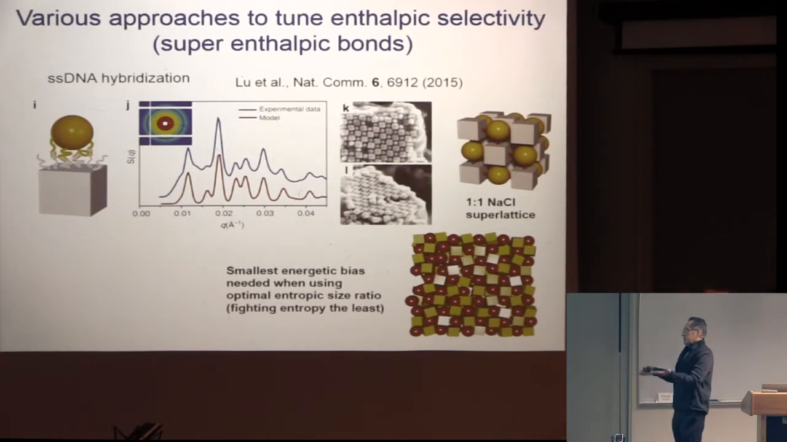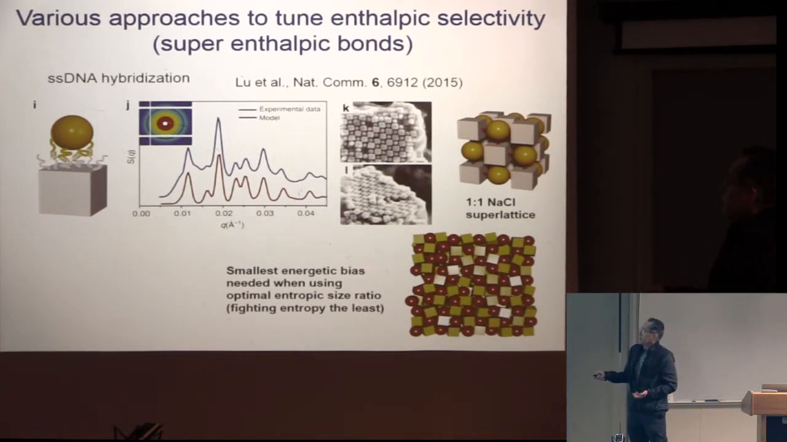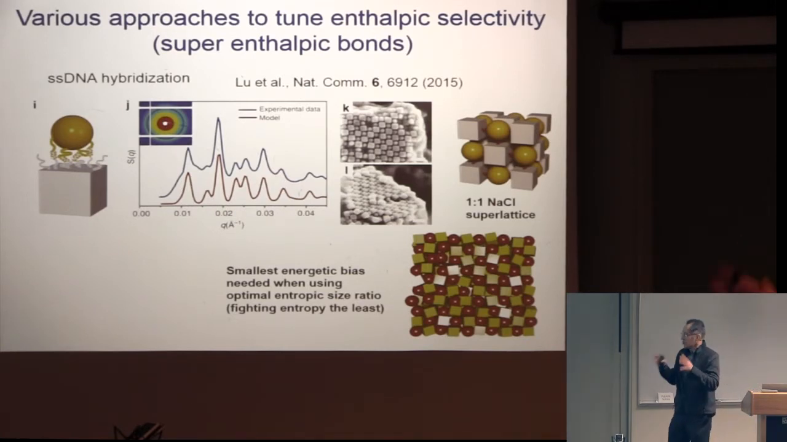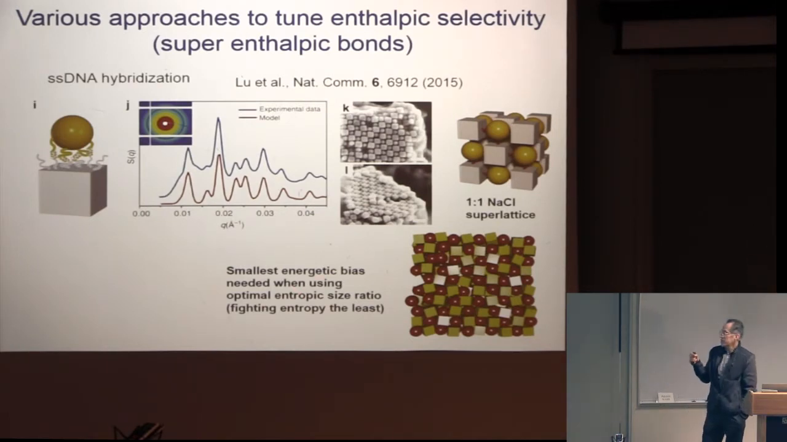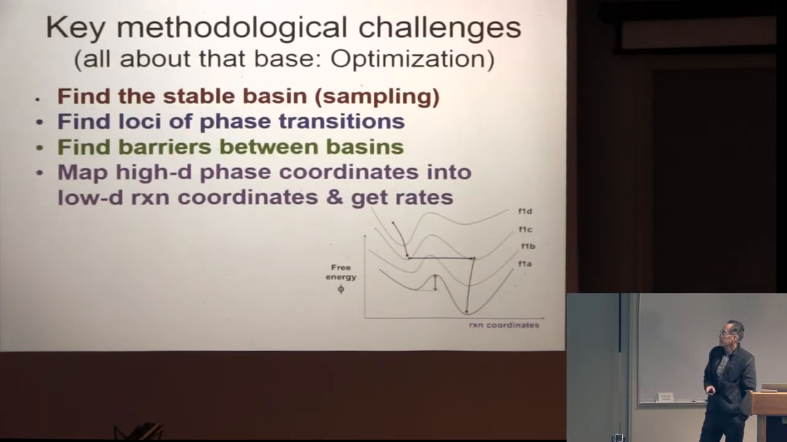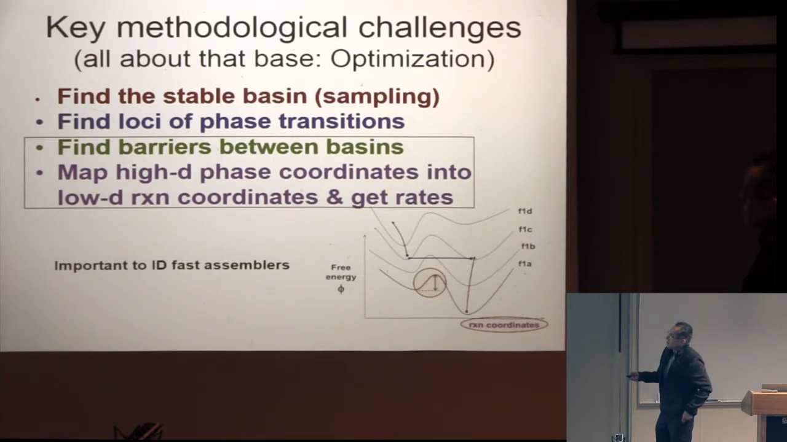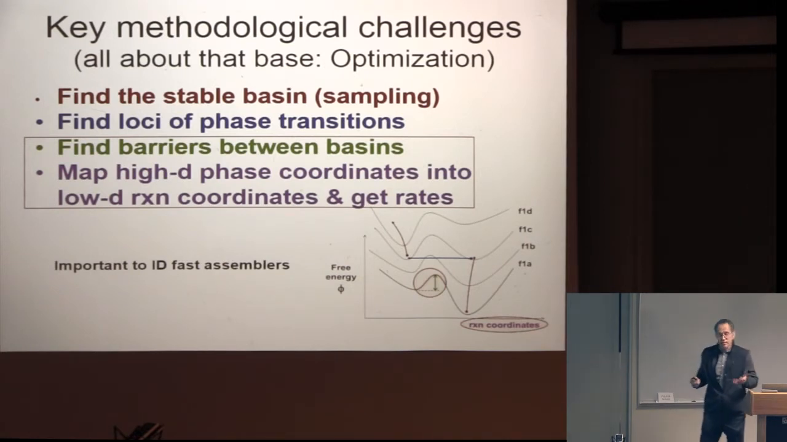Now, what we are finding is that if you use the optimal size ratio of these particles I showed you before, the optimal entropic size ratio, then you can use the smallest energy bias, which is nice, which is good. It makes sense because by doing that, you're fighting entropy the least, right? So with that, I just want to mention that there are these other challenges in methods